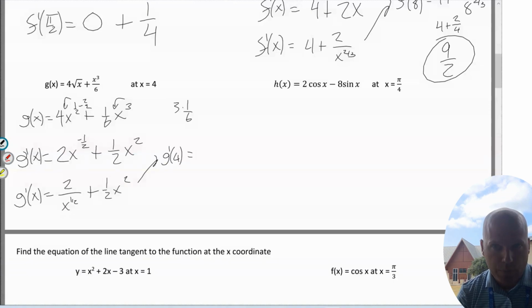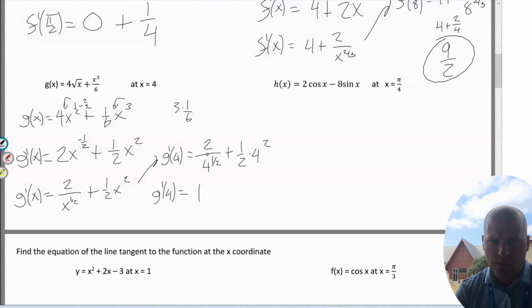Gives me the slope of g at x equals 4. It's very easy to find these slope equations. So easy that we take it for granted how powerful and important it is. We know